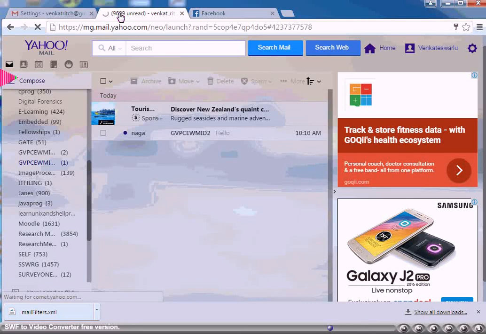Thus, this time I will go to my Yahoo account. From there, I wanted to send an email which contains subject as mid2. Thus, I have simply gone to my Yahoo account and clicked compose button.